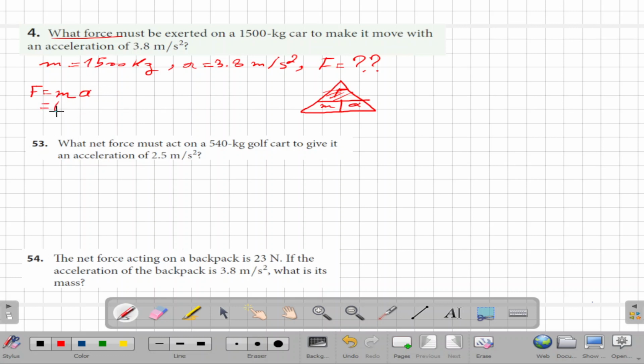M is 1500 kilogram. The acceleration is 3.8. Plug these values in the calculator. We will get the value of this force, and the value of this force is